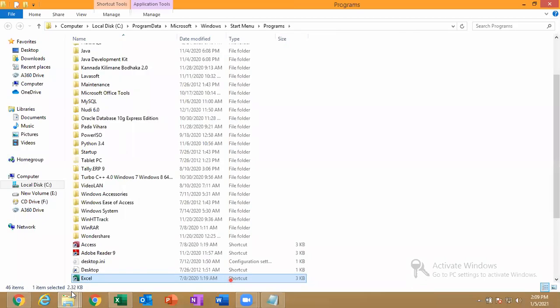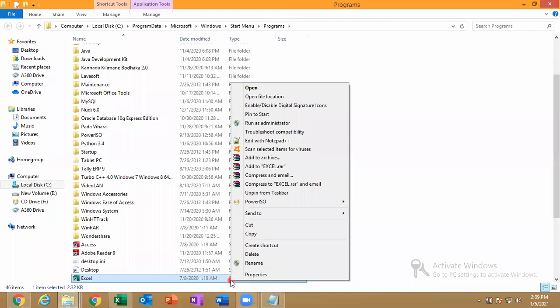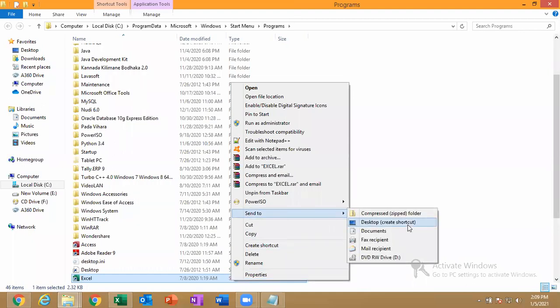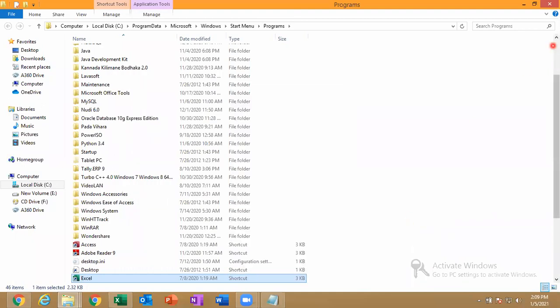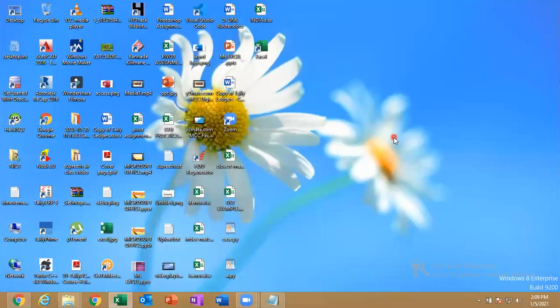Go there, right click, send to desktop, create shortcut. So the shortcut will get created. See here, I double click, Excel will get opened.